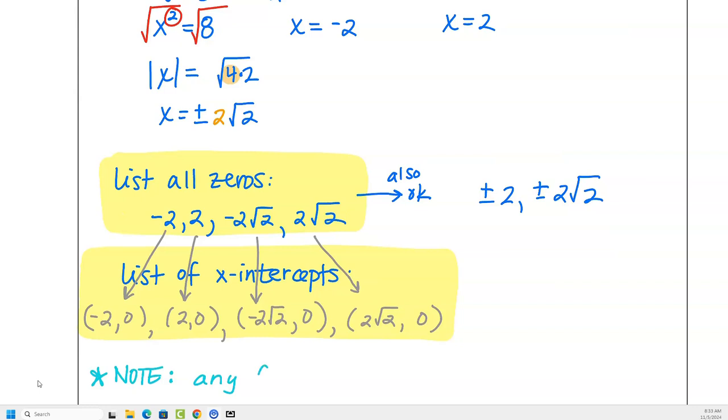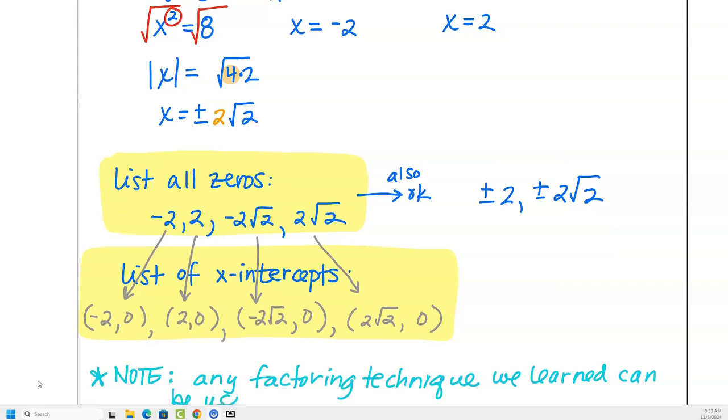Any factoring technique we learned can be used to solve polynomials. So keep that in mind as you guys are doing your homework. And with that,